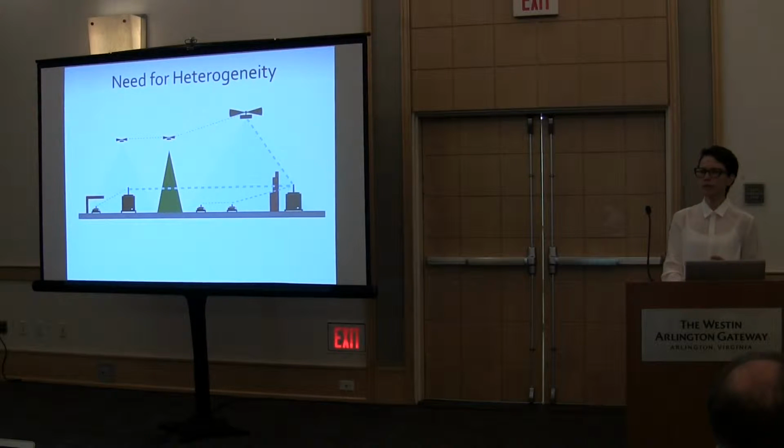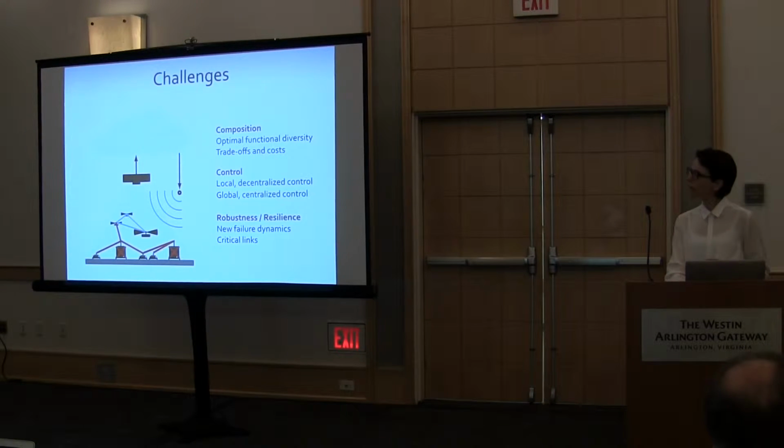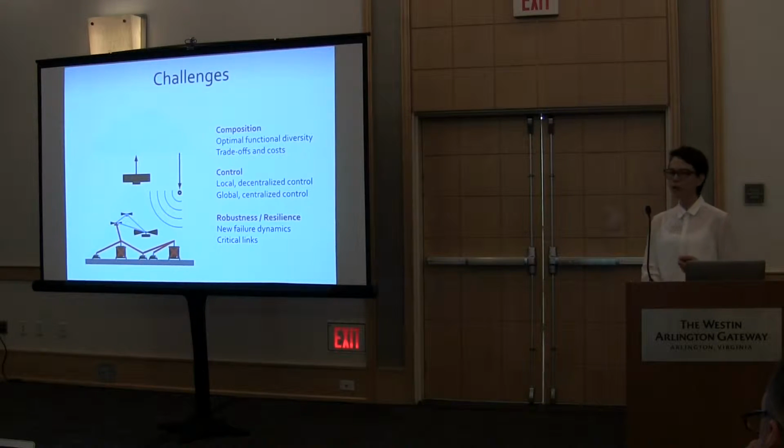So in order to realize such systems, we actually need to tackle a couple of challenges. The first question is, how do we optimally compose our systems in face of trade-offs and costs? The second question is, how do we optimally control a system that is composed of heterogeneous agents? And the third question is, how do we guarantee robustness and resilience in the face of new failure dynamics and new critical links that bring with them certain